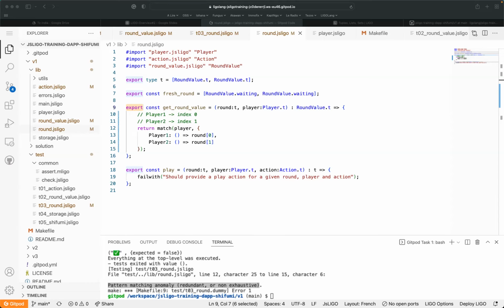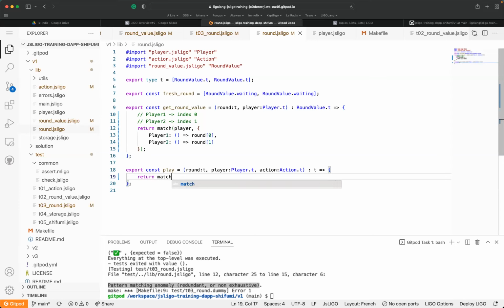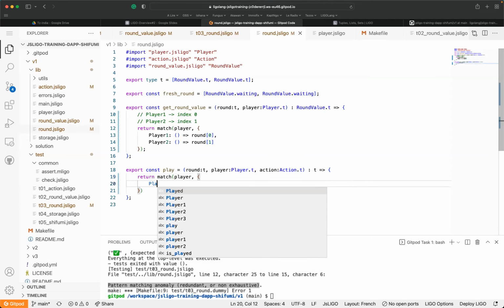So we're going to write the code right now. So here, first, we are going to match something. So we have the round, we have the player, and we have an action, and we'd like the player to play the action. So we have to first find the right round and to act on the right round. So first we have to do the pattern matching on the player. So if it's a player one,